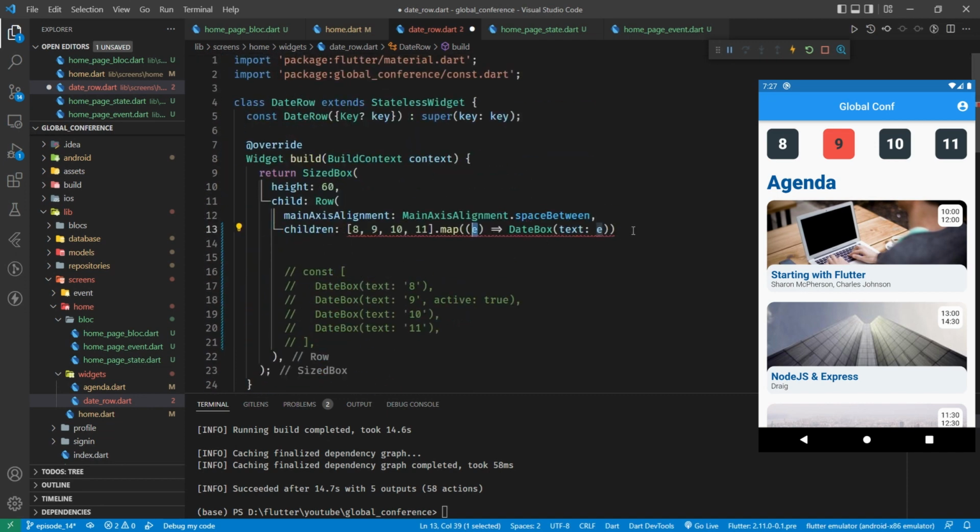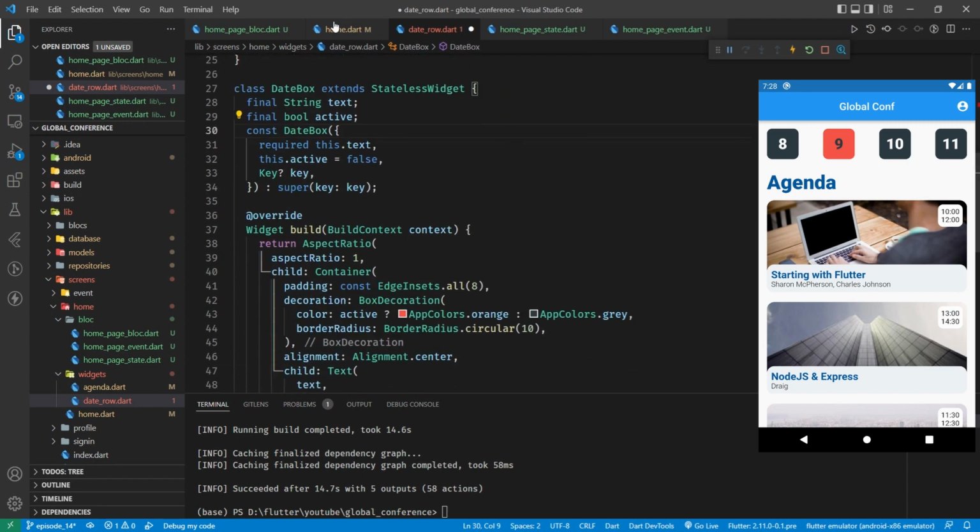Okay, that creates an iterable, and we can convert that back to a list like so. Now it's complaining here that E is an integer and the date box requires a string. Well, it does at the moment, but I'm going to change that. So I'm going to come down to the date box and change the string to an int, and I'm going to rename it today. It's still going to be required,